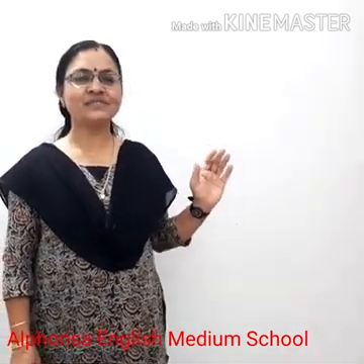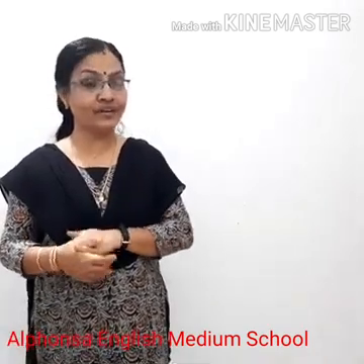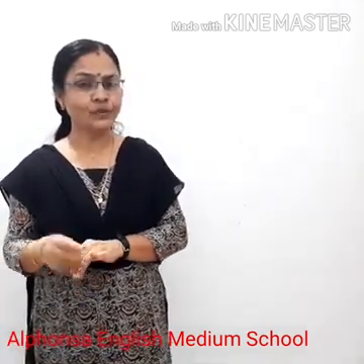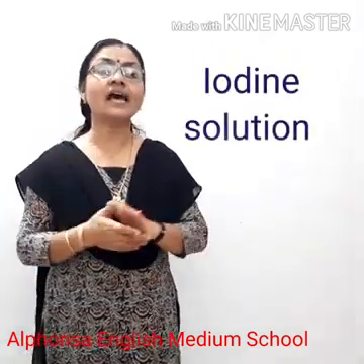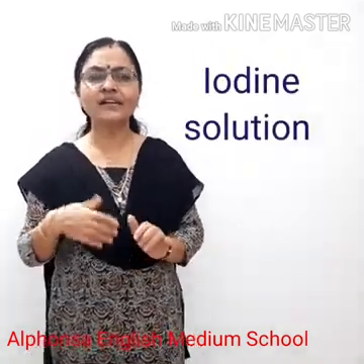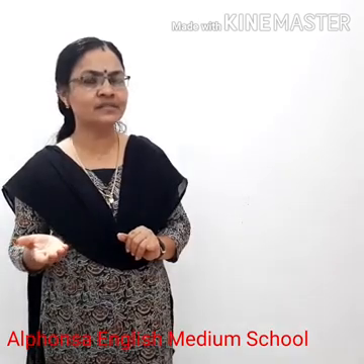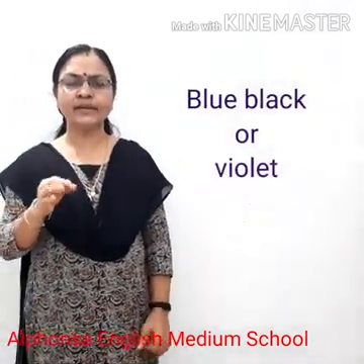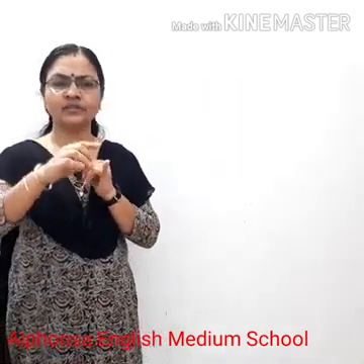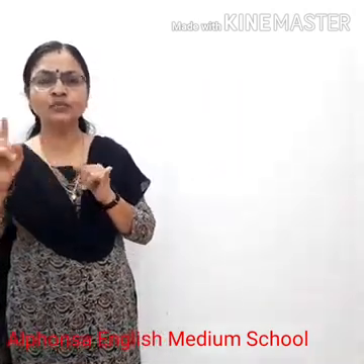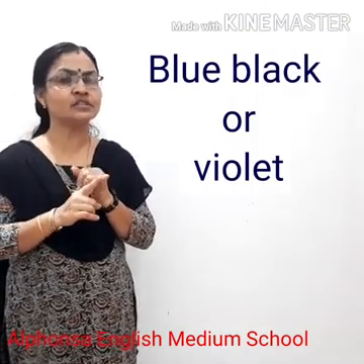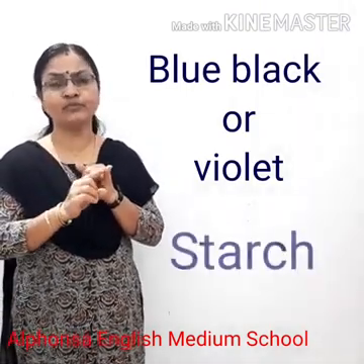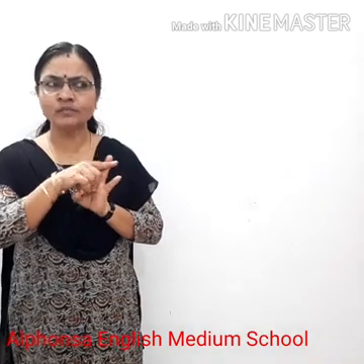Have you understood the experiment? Yes, it was very clear from the experiment, isn't it? Okay, what is the chemical used to test the presence of carbohydrate in food item? Yes, it is iodine solution. What is the color change if carbohydrate is present? Blue, black or violet in color. To test carbohydrate, iodine is added to the food item. If the color changes to blue, black or violet, it indicates the presence of starch or carbohydrate in the food item.